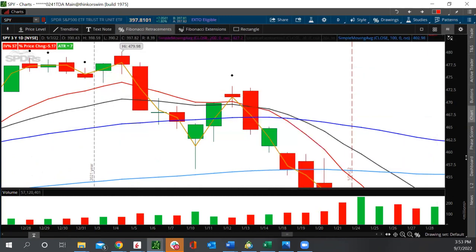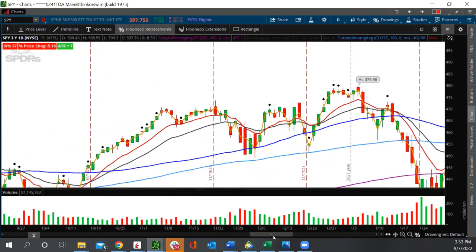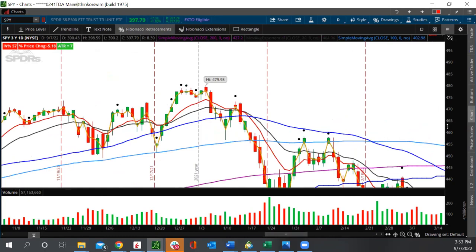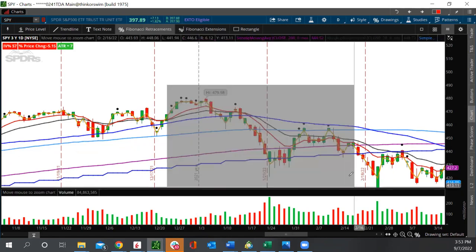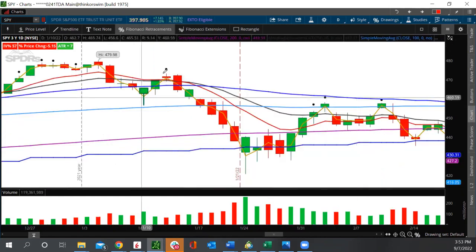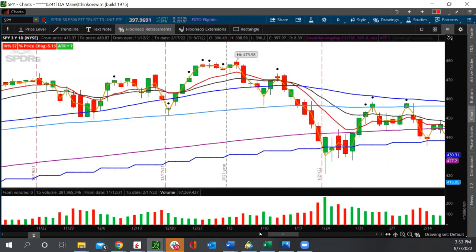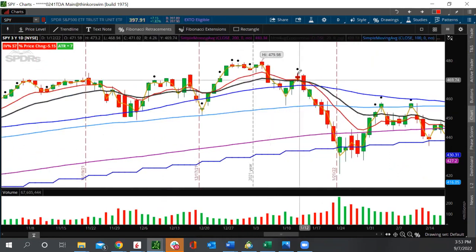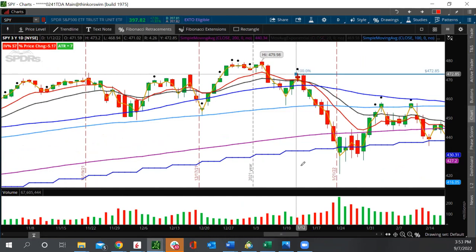Let's take a look at another example. Okay, let's say you missed this move, right? You missed this one, and then this move happened. You're like, I didn't get into it. Let me see where I can get in. So again, this is just random. I didn't even look at this beforehand. But if we go from the high to the low,